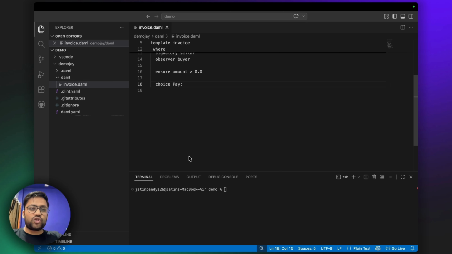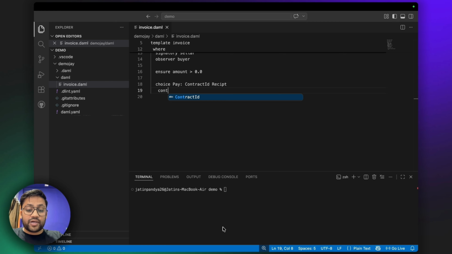So I would say choice pay, contract ID of receipt. I would say that is pretty much it. So we need the pay. Once you pay, then it should have a receipt that you have already paid with the contract ID. I think that basically makes sense. So that should be how the flow looks. And as we move ahead with the code,